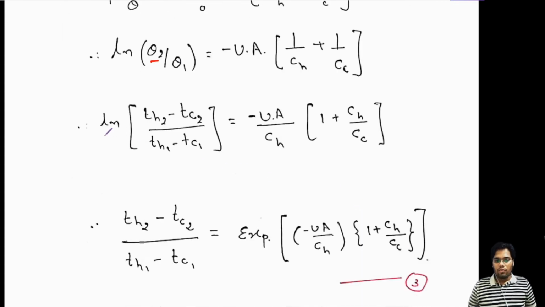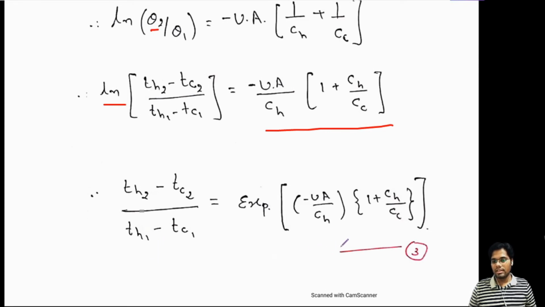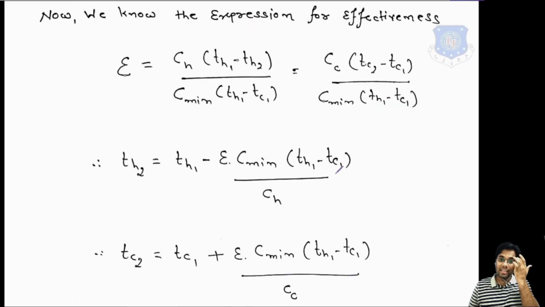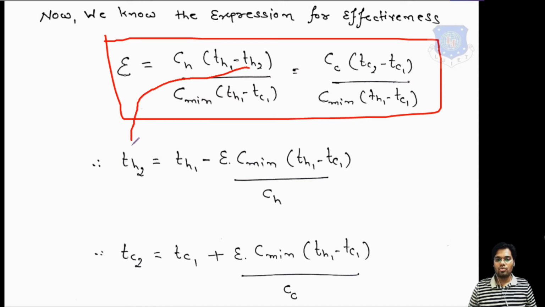If we have to remove this natural log, ln, then this term will be e raised to minus UA upon Ch in bracket 1 plus Ch by Cc. Give this as equation number 3. Now, as we have just learned, the effectiveness of a heat exchanger can be written as this equation, as we just explained what effectiveness is. So from this equation we can write Th2 is equal to Th1 minus epsilon C minimum (Th1 minus Tc1) upon Ch,